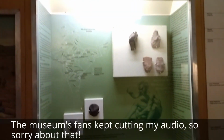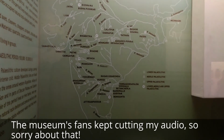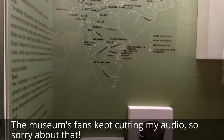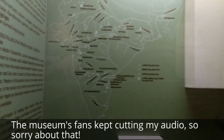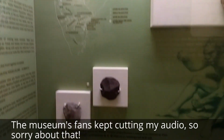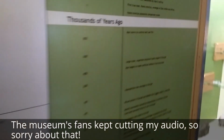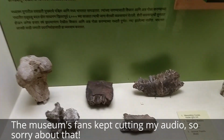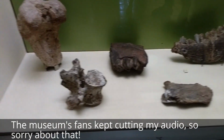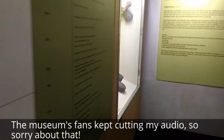This is a little look at the Paleolithic period. Here are some of the kingdoms and areas of the erstwhile India, Hindustan, before it was even Hindustan. And it's quite beautiful to see so many rivers and so many places of historical significance, all the different tools that we used before we started getting smarter and cultivating things and growing much more carefully on how we produce things. These are some old fossilized pieces, vertebrae and jaws,